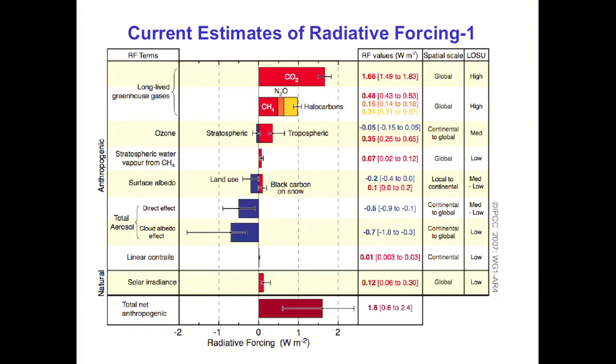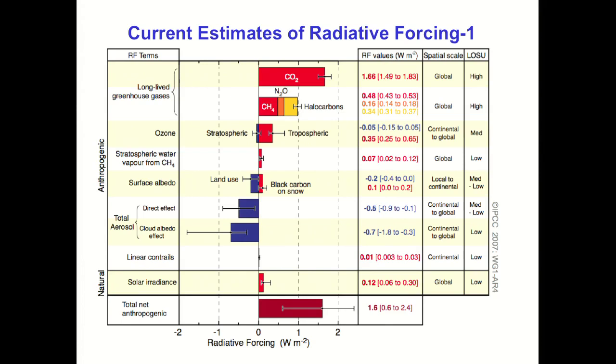Okay, so let's have a look at radiative forcing estimates for the different components in the atmosphere. Now this is actually based on the original third assessment report. It does say current, but actually it's the then current, if you like. We'll update that in just a minute. And this was based mainly on data published around about 2007 that went into the final AR4 report.